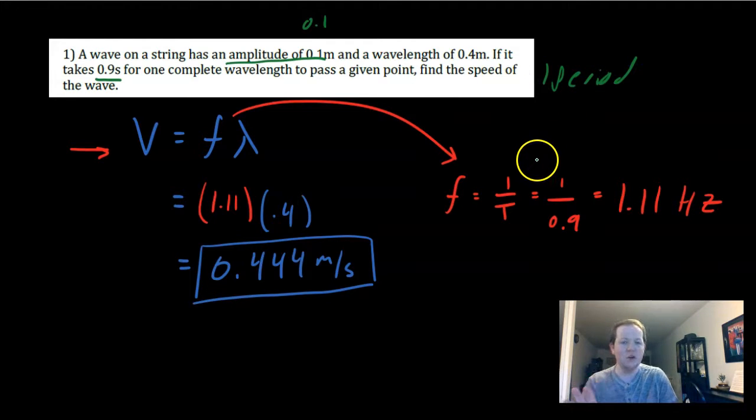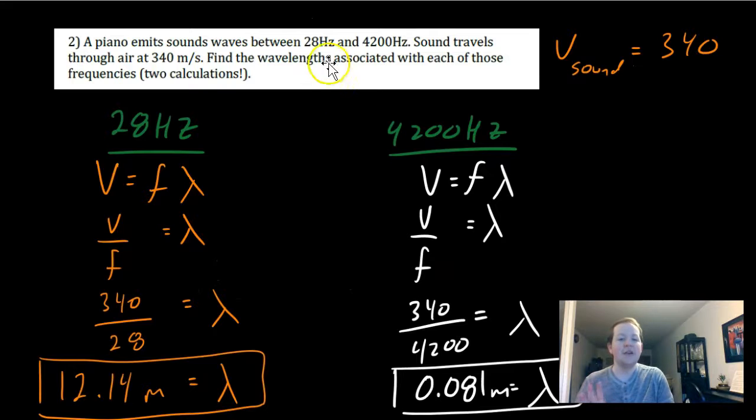So you have to do a little bit of a side adventure. You were told the period is 0.9. You plug that into our pretty easy equation to get frequency. The frequency is 1.11. That's what you plug in right here. I get an answer of about 0.444. It's a speed or a velocity. The units are meters per second. That's number one. Number two, you're given two frequencies in this example, and essentially you're asked to do two calculations